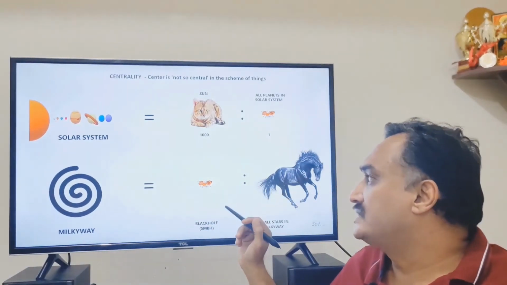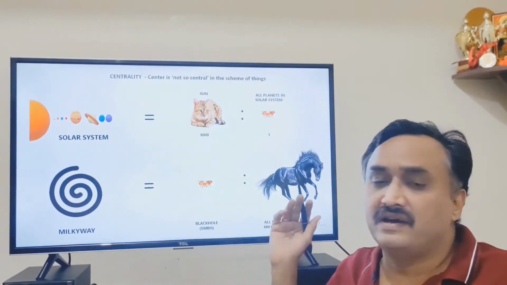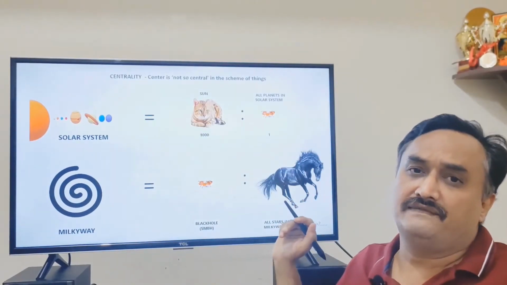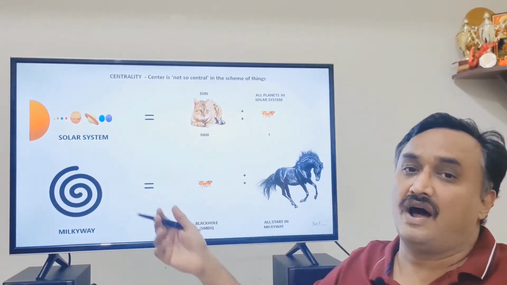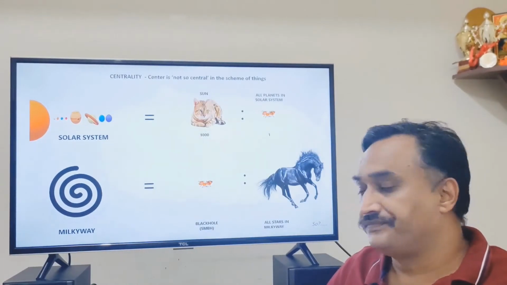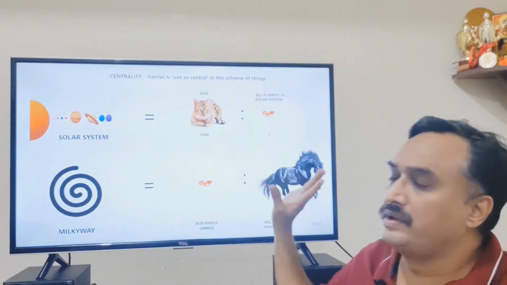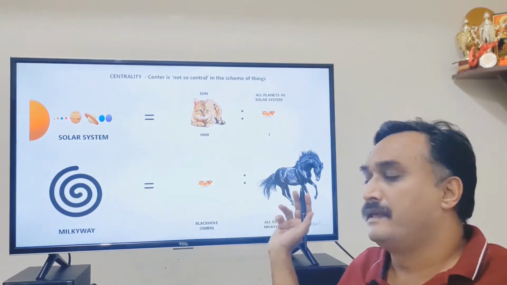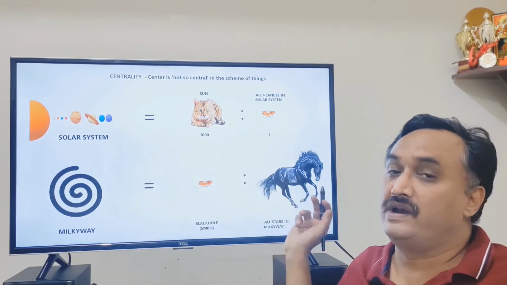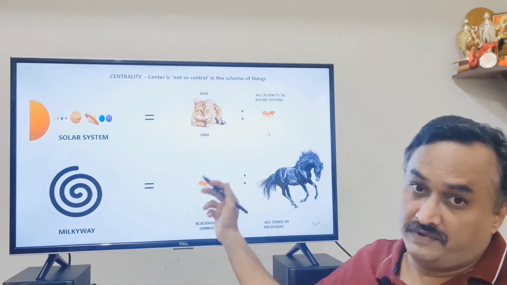What we are trying to say is, this is just a mid-sized galaxy. There are galaxies which are bigger, and possibly this ratio is much, much bigger. Possibly this is an elephant or a dinosaur which is strutting around, and we are saying that the supermassive black hole is the reason why it is happening. Ultimately, the idea is, if at all you remove this ant out of the system, not much of a difference is made to the horse which is strutting around 25,000 light years away. That's okay with the Milky Way.